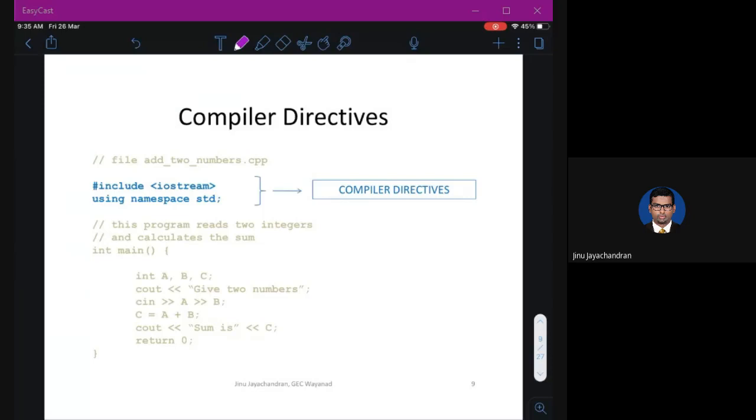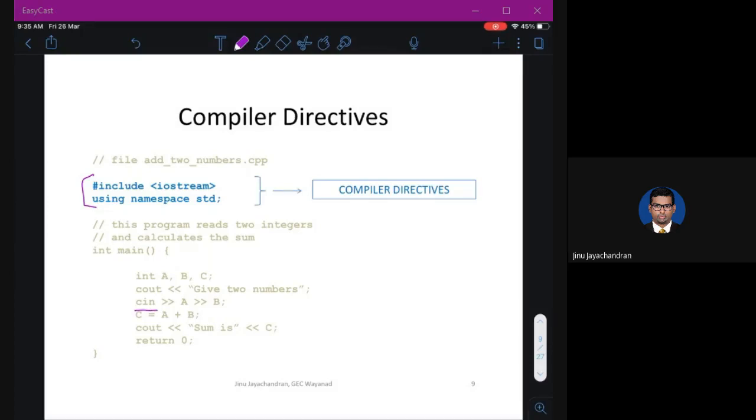The first two statements are called compiler directives. Compiler directives are a part of the program which tells the compiler that there are some additional things you should consider before reading the program. For example, in the program, you will have some commands. For example, cin is actually a command.